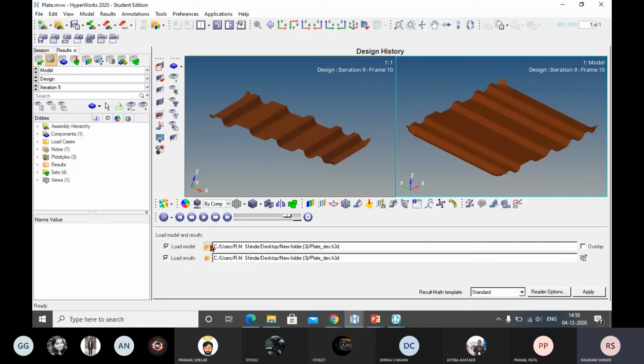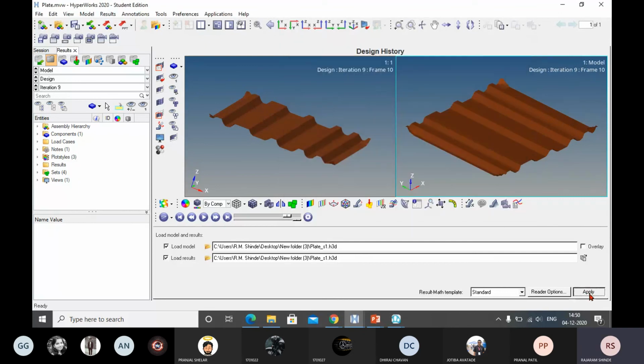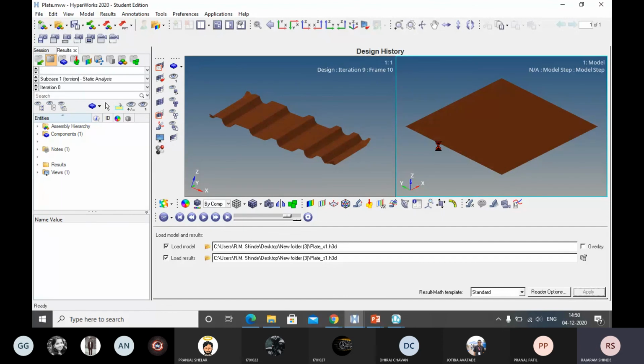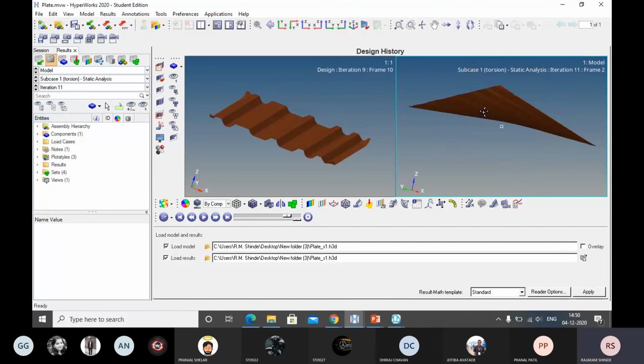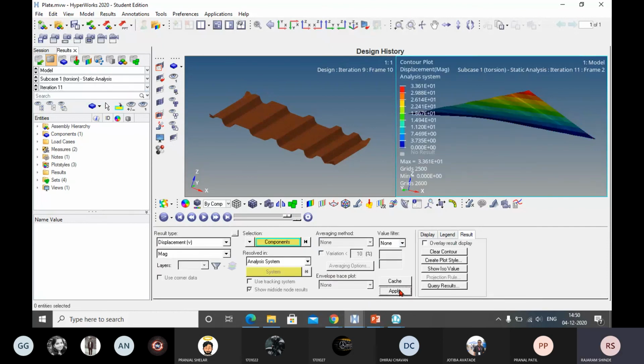I will click on this one, new folder 3. It is S1H3, open and apply. Discard the model. Okay, it has discarded. Now I will go to the contour. It has 11 iterations. And if I go to the displacement, it is again 33 millimeter.